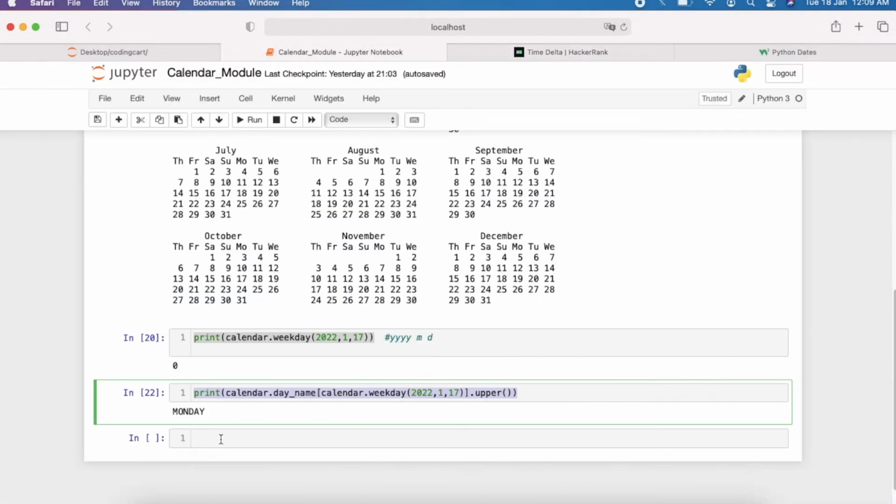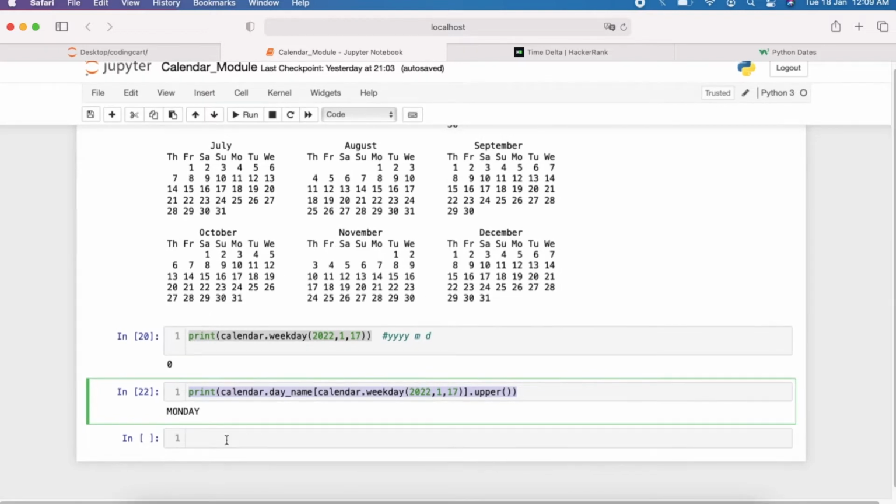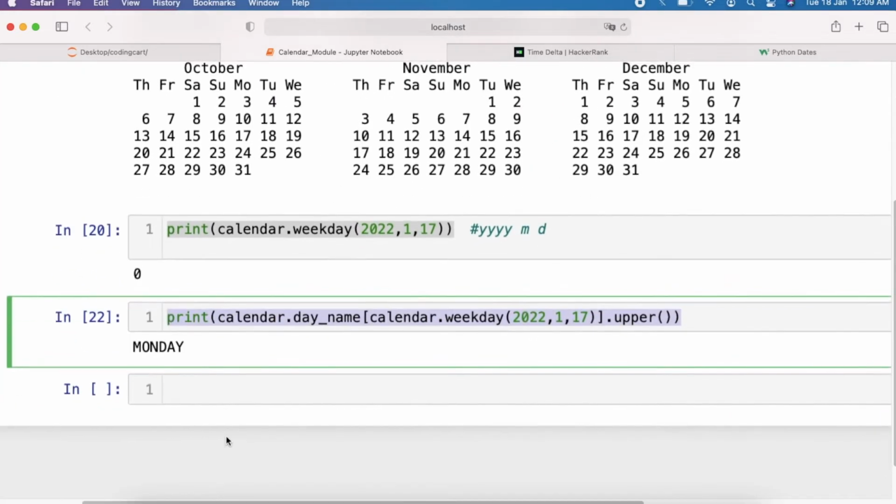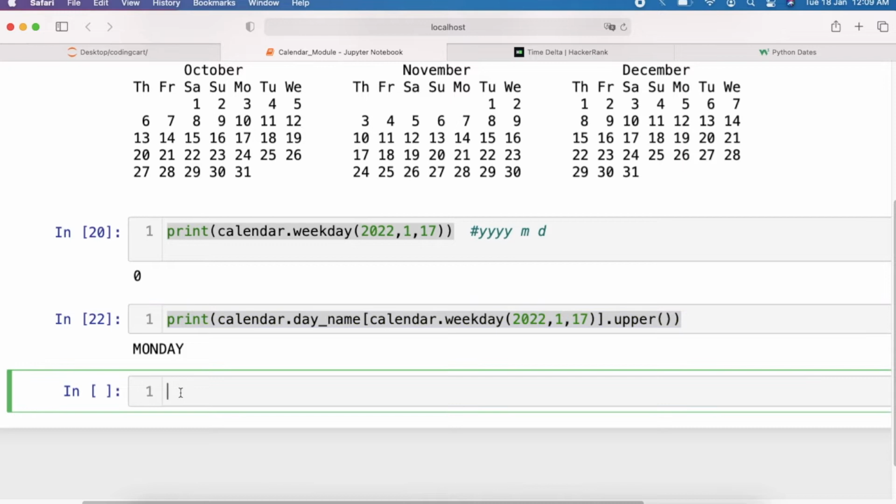So for example, let me zoom this one. Here we have to use datetime. So for that let us first import: from datetime import datetime as dt.